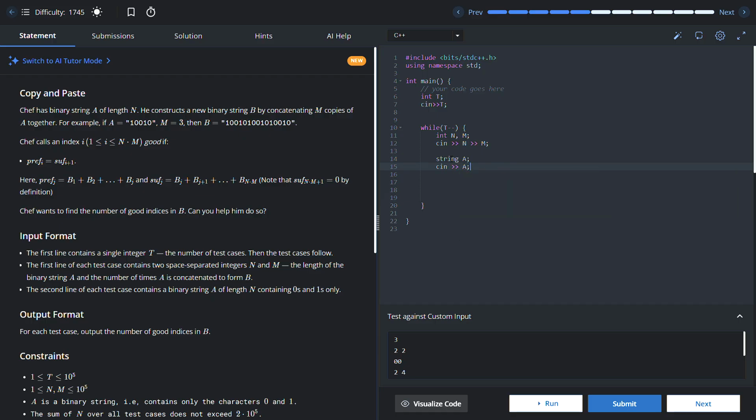Okay, now what we can do, firstly we have to calculate the int total number of ones in A is equals to 0. Okay,